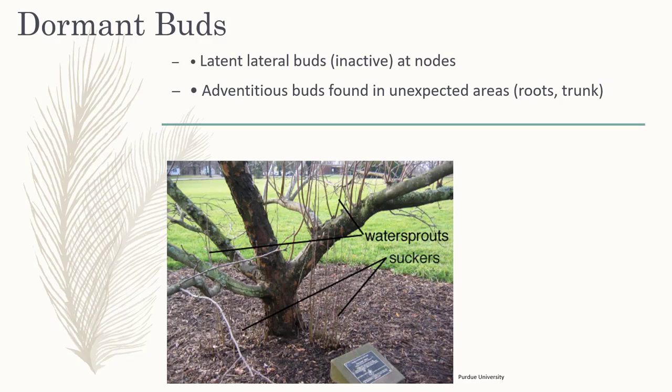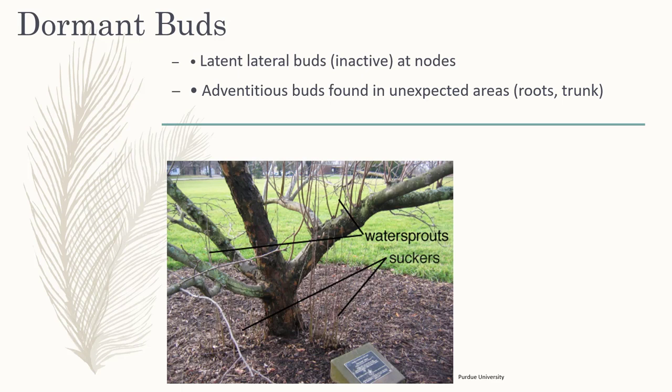So dormant buds are latent lateral buds, which are inactive at the nodes, and then adventitious buds that are found in unexpected areas like the roots and the trunk. And these are water sprouts and suckers. So the apical buds in a tree structure produce auxins, that's a hormone, that are actively translocated down the shoot. And if the growing tip's still there, the auxins flow and these lateral buds remain dormant. However, if you remove the growing point, the auxin production is interrupted, and that will cause the latent buds to